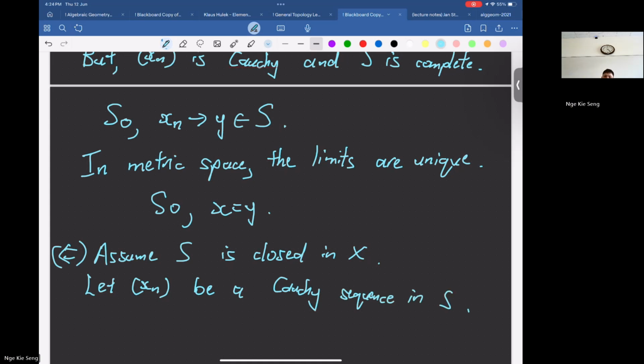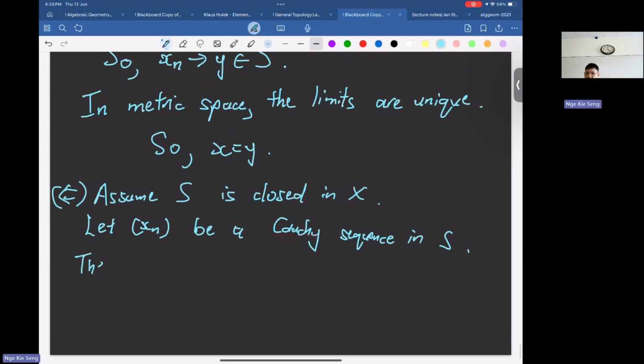So we want this limit to stay in S or X. S, right? Because we want to show that S is complete. Since it is Cauchy in S, you are using the same distance from X, so it is also Cauchy in X. But we know that X is complete. So Sn will converge to